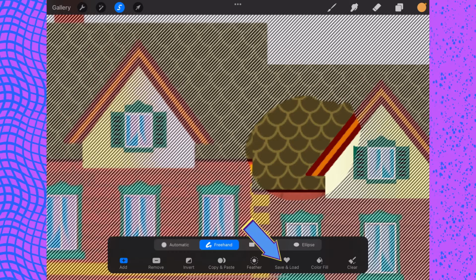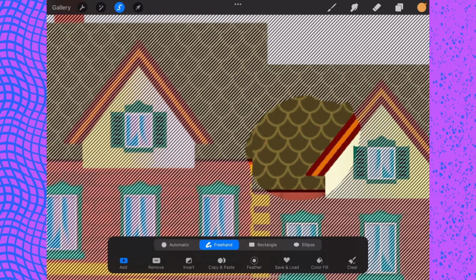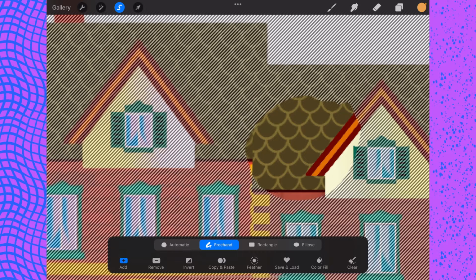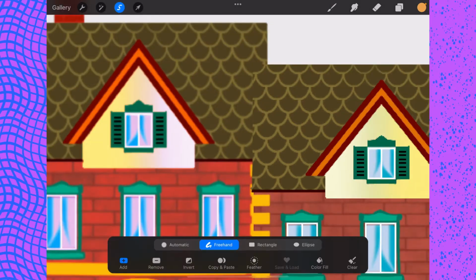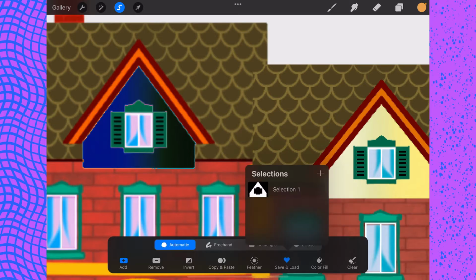You can save specific selections. So let's say you want to save an automatic selection of this. Tap here on this heart and click on the plus sign. And now